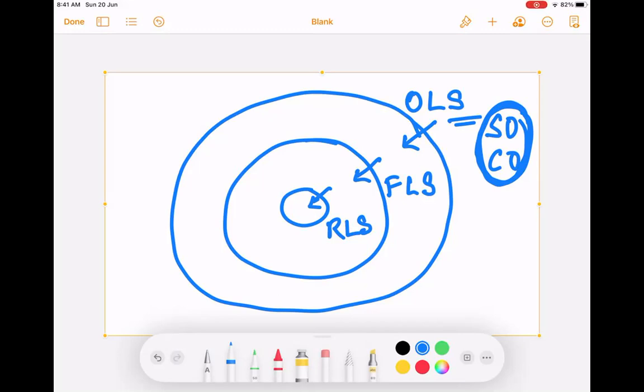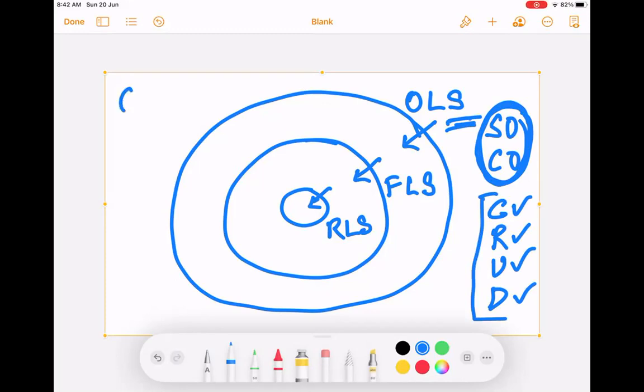Can somebody tell me? Read, write, edit, delete. Correct. CRUD operation. CRUD operation, right? So on a table, I can perform a create of record, reading of any records, update of records, and delete of records. OLS only means, can I do all these things for the records I own? Okay, OLS is for owners only.